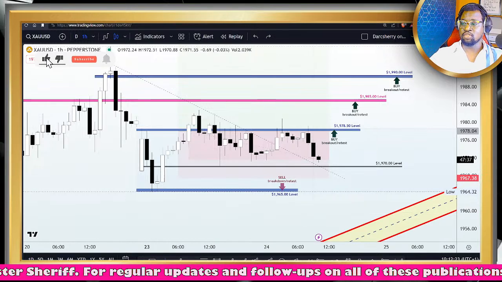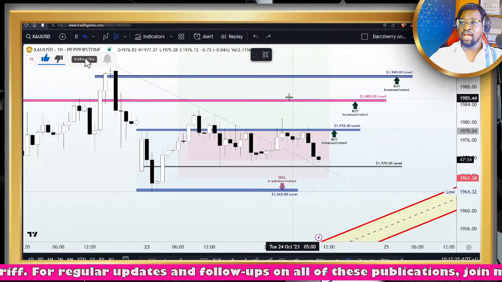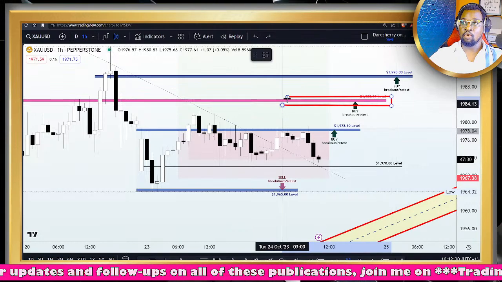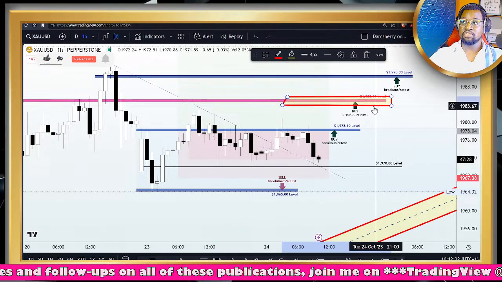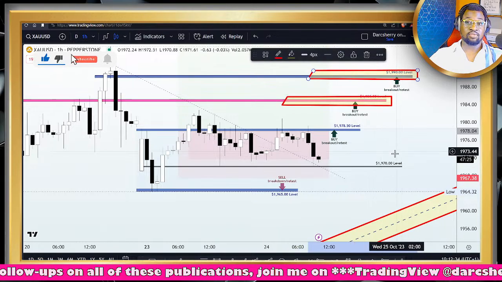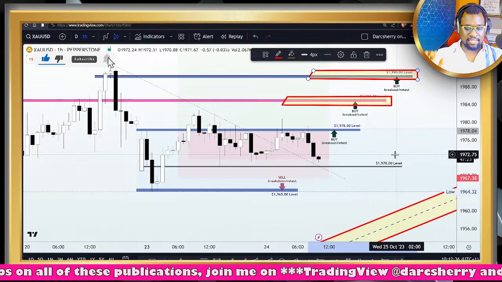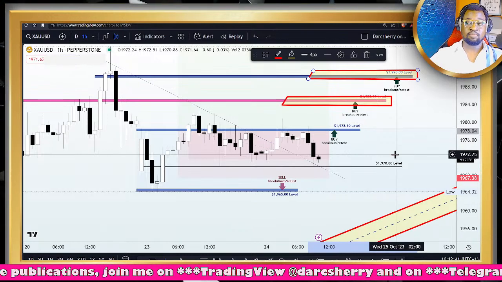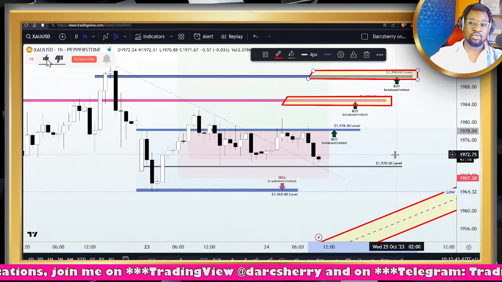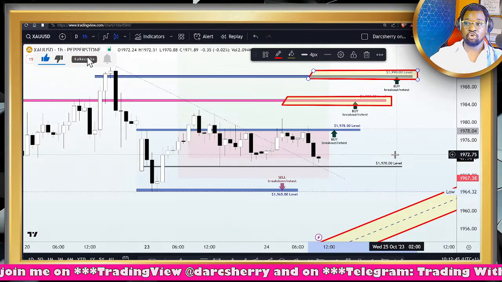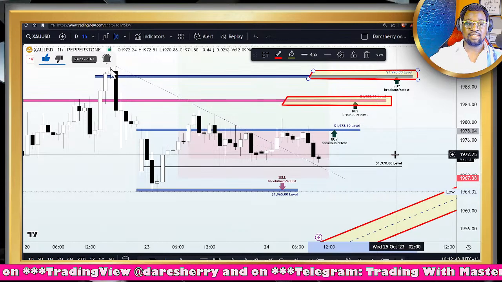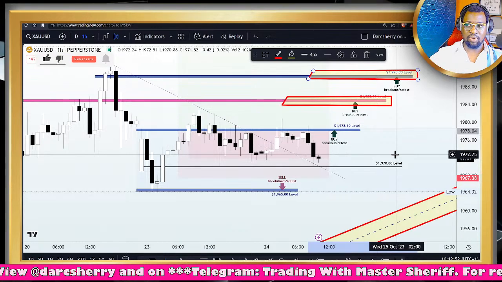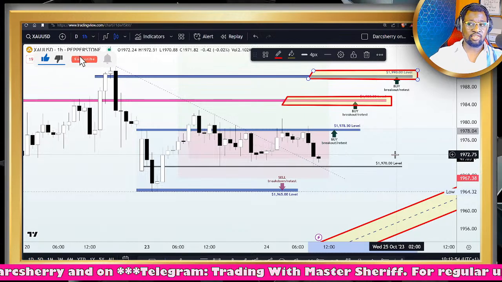And if the bullish momentum continues in such a way that we have a breakout of the 1,985, we do want to be adding more buy positions, then more buy positions again at the breakout of the 1,990. So I still hold on to a bullish bias unless price action takes us out of this position, breaking down the 1,970, retesting the structure and breaking down the 1,965. Then I can feel comfortable selling the XAUUSD. So this is my view here on the XAUUSD.